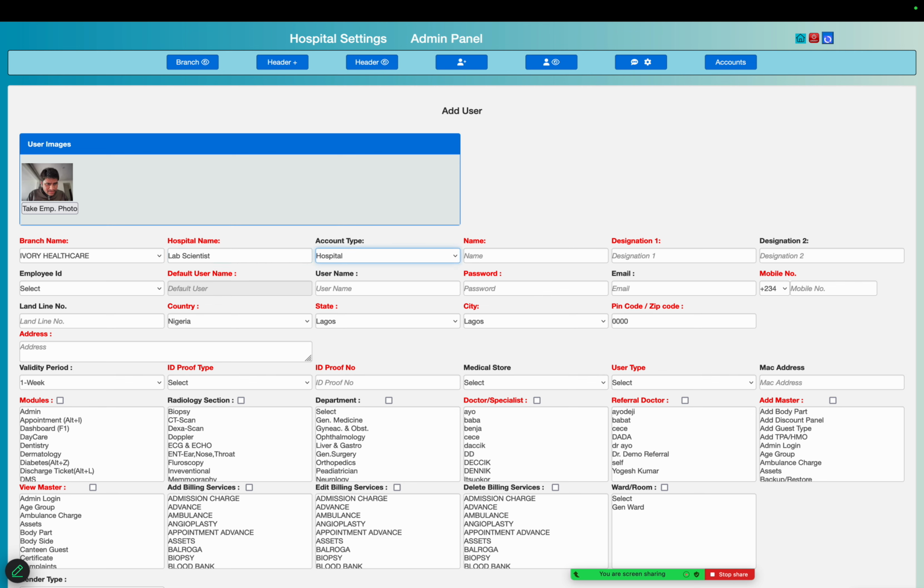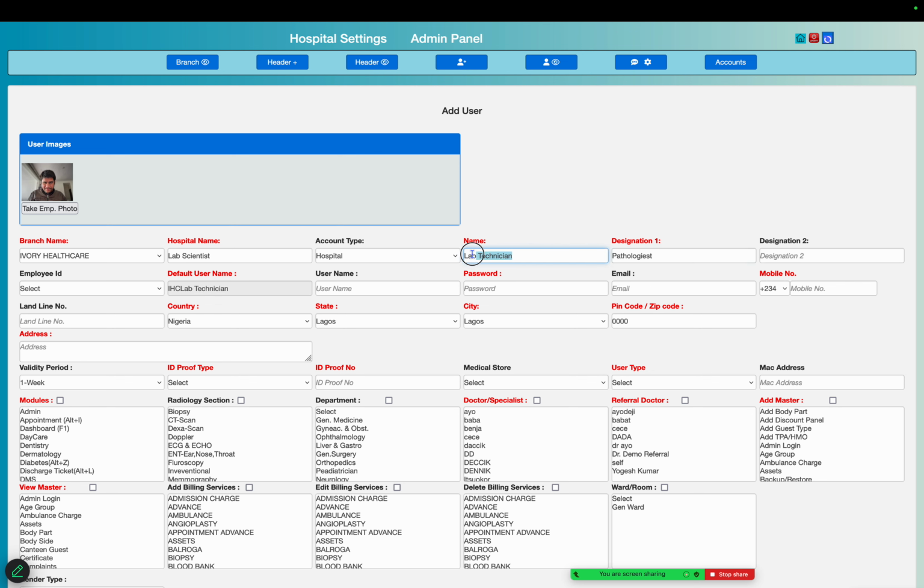Okay, and lab technician. You can put here whatever name you want.